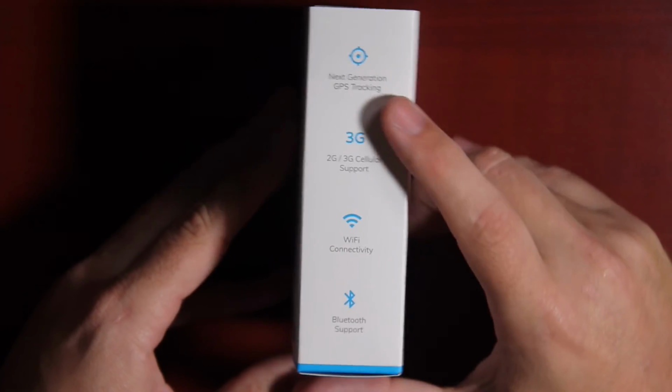Alright, it's next generation GPS tracking. And for those that don't know the difference between a GPS tracker and a Bluetooth tracker, I wrote a little blog on my website, so definitely click right up here and check out my blog. It does support 3G, which is awesome because a lot of 2G networks are being shut down. You have Wi-Fi connectivity, which is really awesome because when you're indoors, you tend to lose your GPS signal. And then it has Bluetooth support, which we'll get into details about all of these once we get into the